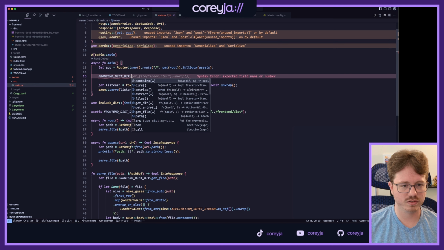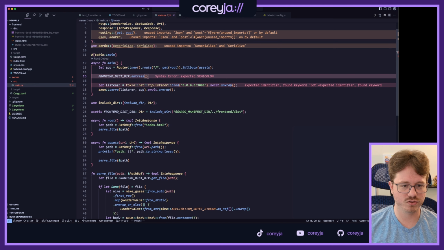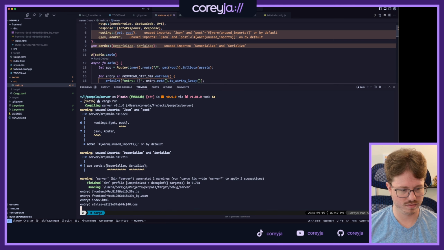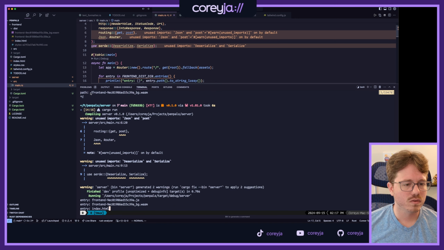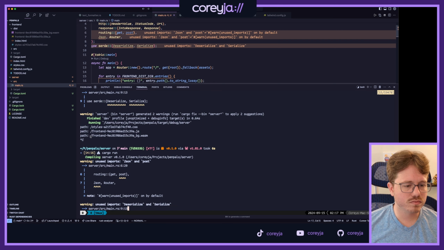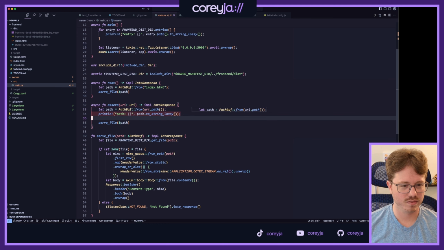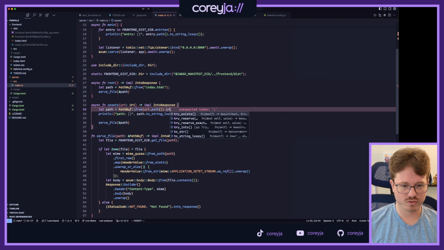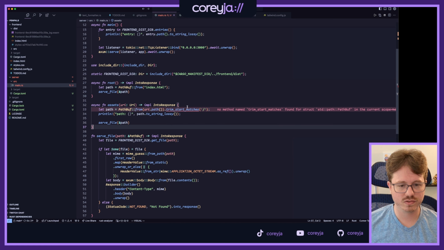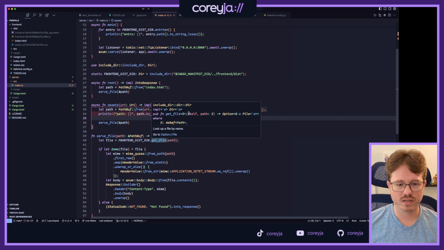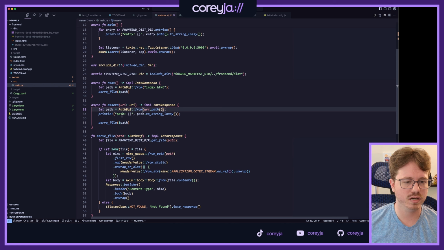Run and dist dot entries. Yeah, like what's in here? Oh, it's the leading slash. So this is path dot trim start matches. Yeah, that's the thing on string, not on this. What does get file take? It takes in that can be as ref of a path. Yeah, okay. But like